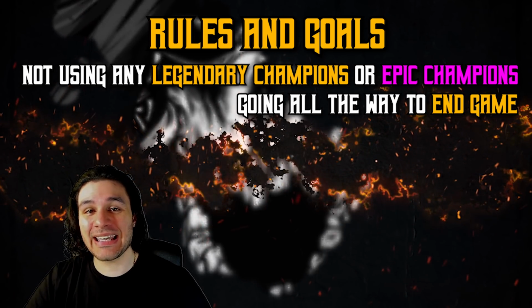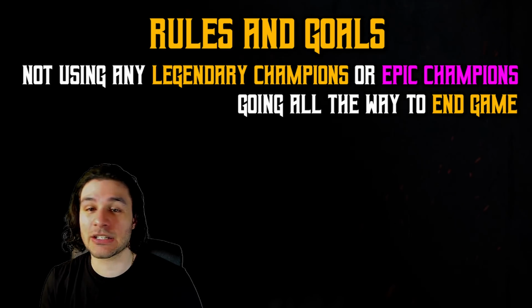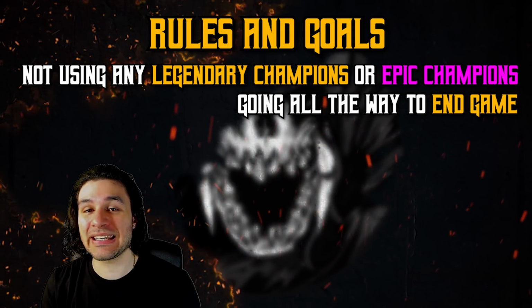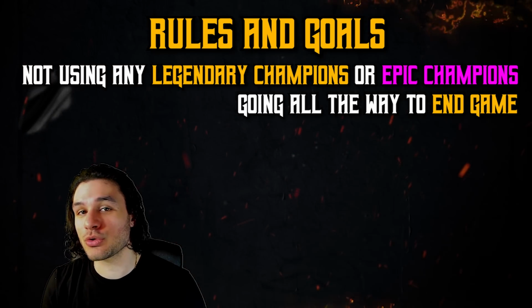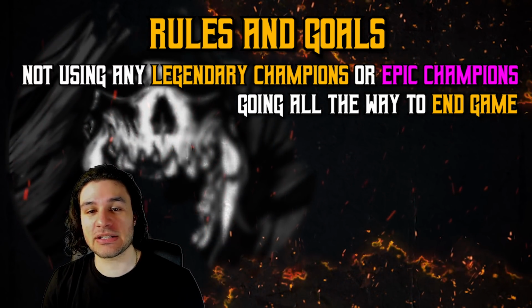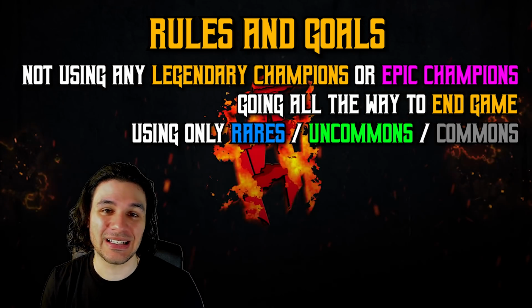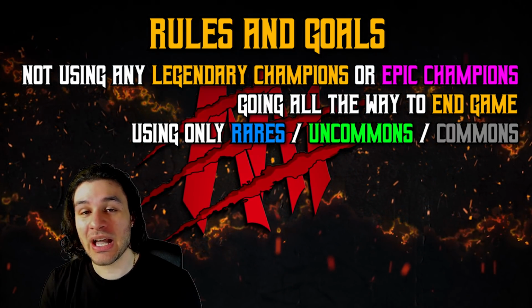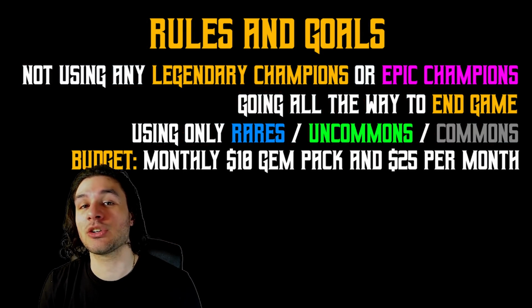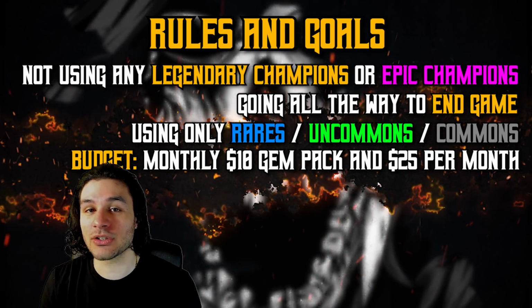We want to hit end game content in dungeons, clan boss, faction wars, classic arena, 3v3, and completing that easy doom tower. I might have missed something, but we can go over that when we get closer to the moment in this series. So basically, as I just mentioned, we are using rares, uncommons, and commons only to get through this game. Now, what exactly is my budget? I'm going to be buying the $10 monthly gem pack on top of giving myself a budget of $25 per